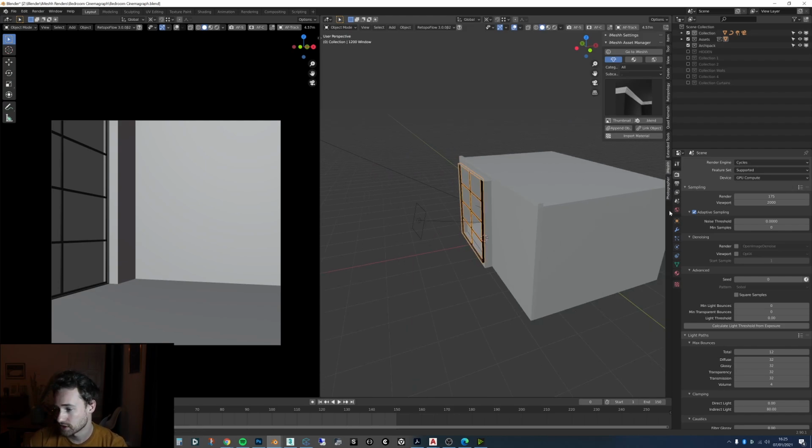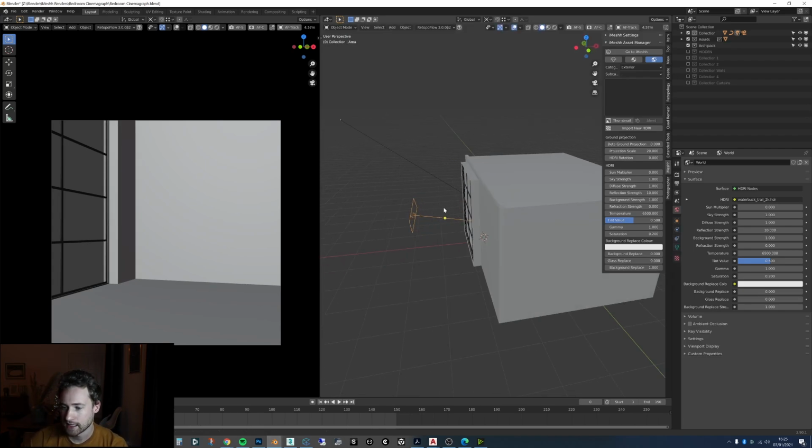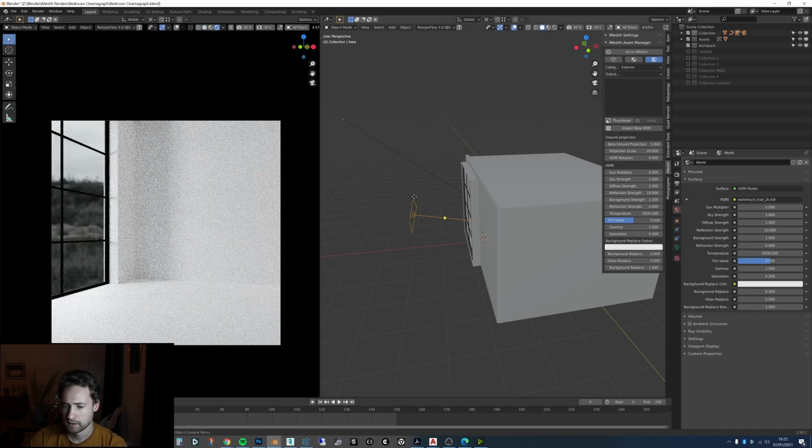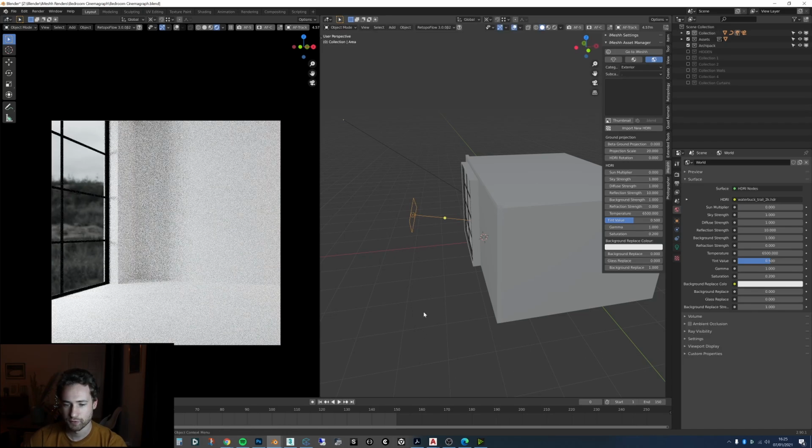And for lighting, I just had a very basic HDRI. I think it's one from HDRI Haven. It's called Waterbuck Trail. The settings were quite dark because I didn't really want it to be contributing much to the scene. But then I did add an area light and make sure that was contributing quite a lot. So if I show you the actual area light here, if I move this away, the room is going to be quite dark, but if I bring this back, the room is a bit lighter.